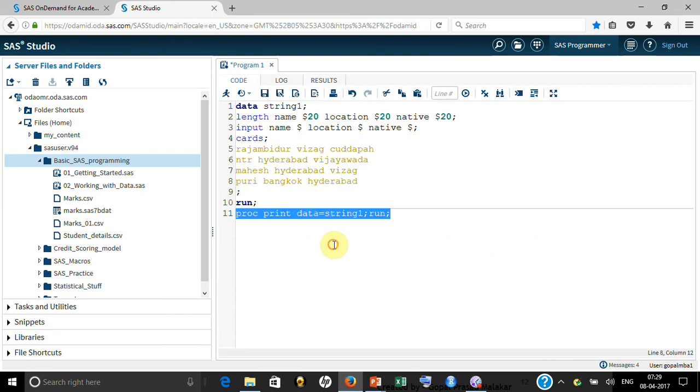Now, two more things you need to understand. Though it's very preliminary, it still gives you an understanding. There are always two kinds of steps in SAS: data steps and proc steps. Data steps are where you are creating data or manipulating data, and proc steps are where you are trying to execute a particular process on this data. You can think of a proc as more like a function, whereas a data step is more like creation of data. Anyway, all this syntax will be explained to you in detail in the next modules, but this should give you a good enough understanding to start with the SAS environment.